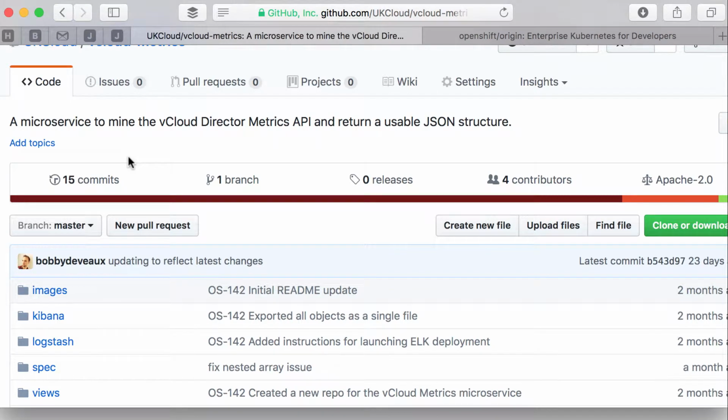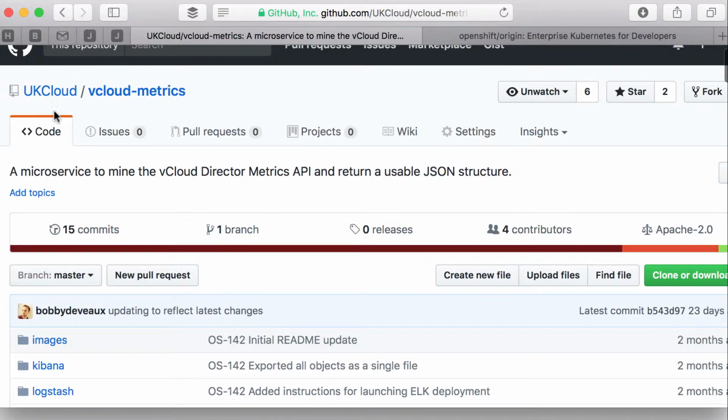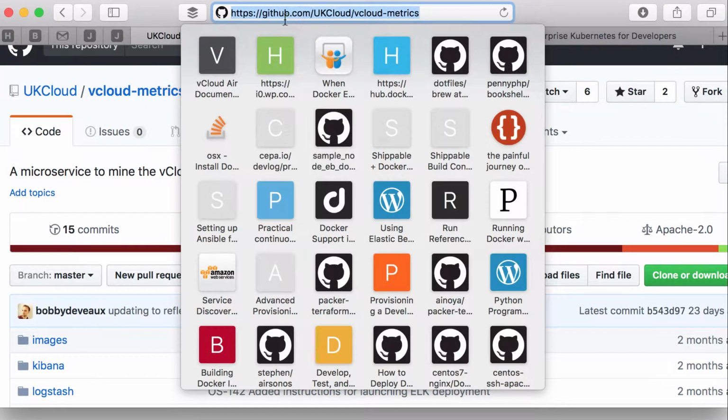Hello and welcome to the UK Cloud tutorial on how to export the metrics out of vCloud Director and put them into something useful like Kibana, Elasticsearch and Logstash Stack, also known as the ELK Stack. And how we're going to do that is by using our repository that we have here at UK Cloud, vCloud metrics, which you can have access to all the code at